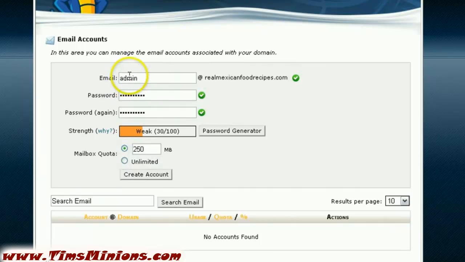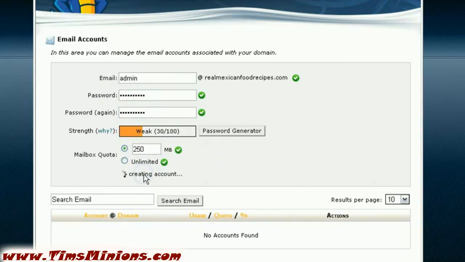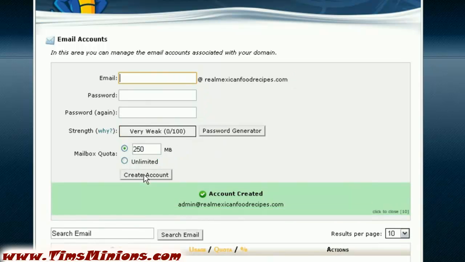So basically now you've got admin at realmexicanfoodrecipes.com. There's your password, and there's your password again, and simply just click on the create account. Okay, account is created, so now you actually have an email at admin at